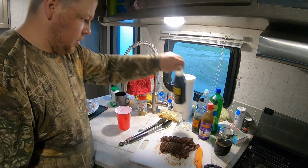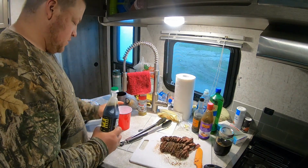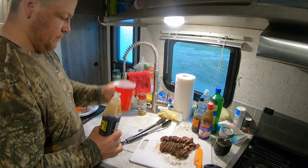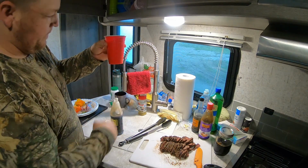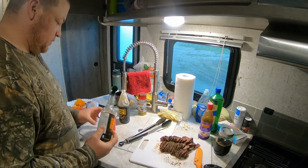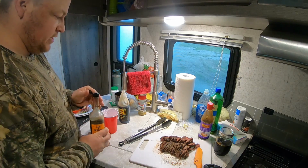So to make our sauce here, we're going to start off with some soy sauce. And with this, I'm really not too sure how much we really need. About here, so that's whatever, 1/4 cup or so. Then we're going to take some Worcester sauce, give her about a teaspoon of that,